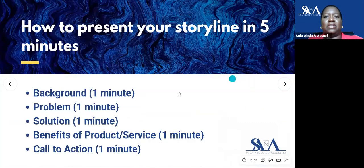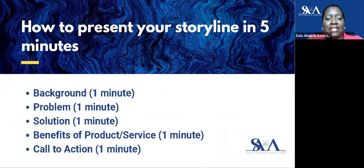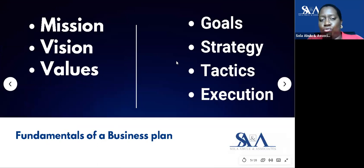So the purpose of today is how we can present our business plan in a way that is sellable, that helps us to meet our objectives, that helps to bring people on board and gets us the kind of support that we need to do what we need to do. So that's really what we're talking about here. And this is the broad fundamental basis for which